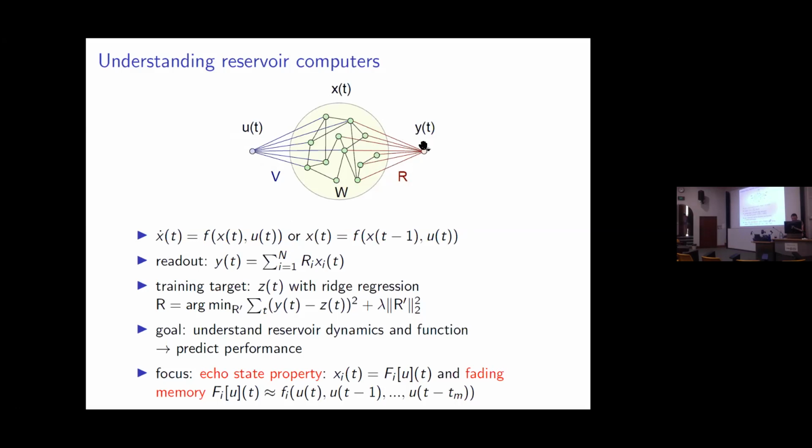And from this embedding, you facilitate the readout, the construction of a target output, which is here this y(t). So you want to approximate some target signal z(t), and the actual signal that you read out is y(t). Typically, linear regression or ridge regression is applied to minimize the mean square error between the readout and the target. And that's, in a nutshell, what